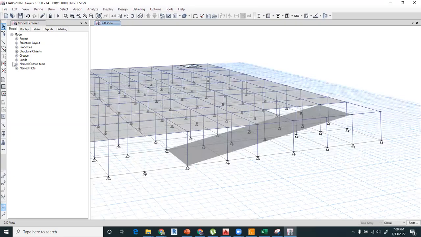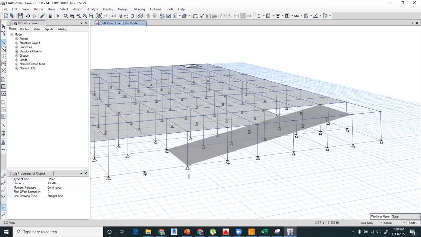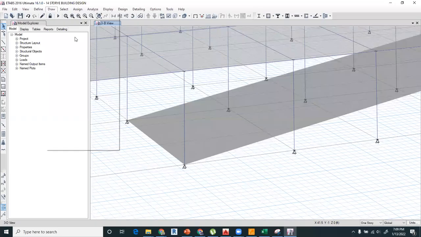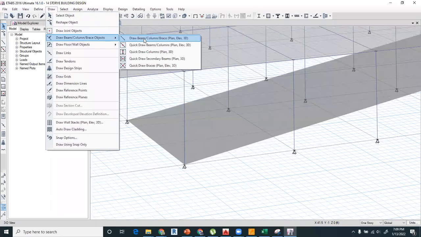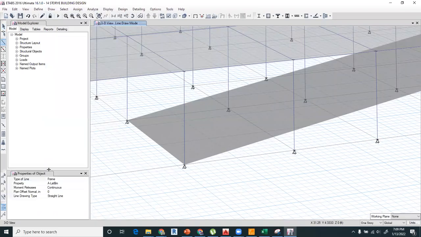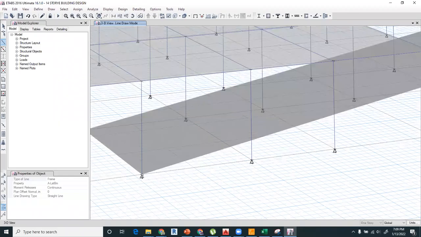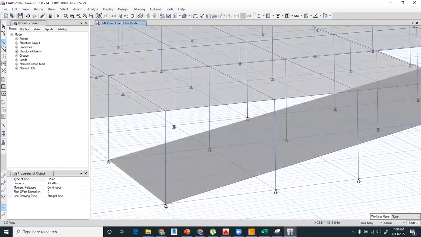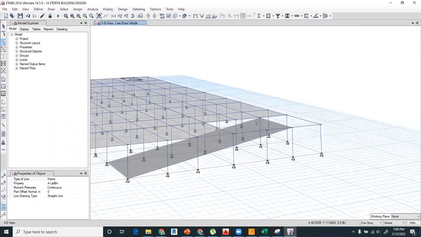So now you have to draw your beam, prime beam. Click here. I'm using again the quick command. Go to draw beams, and then select the draw beams, column, braces, etc. So you can select your desired property. So now we are doing it only modeling. So click it here and click on the other end and then enter, right? Same for the other side. Click at the base and click on the top